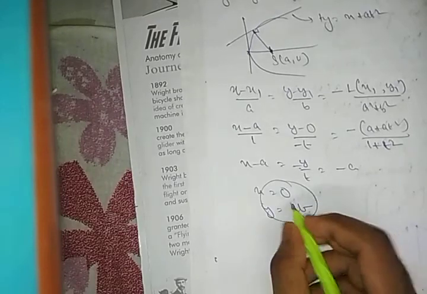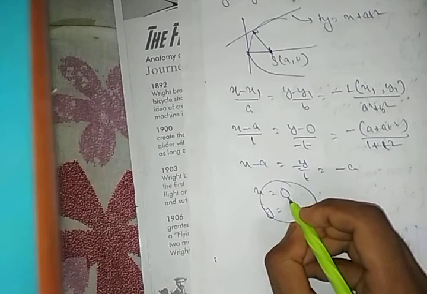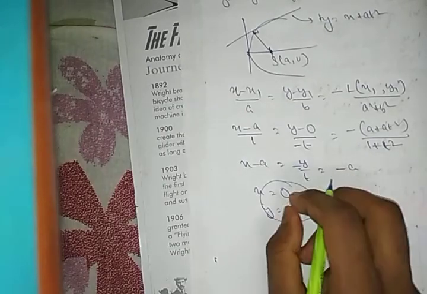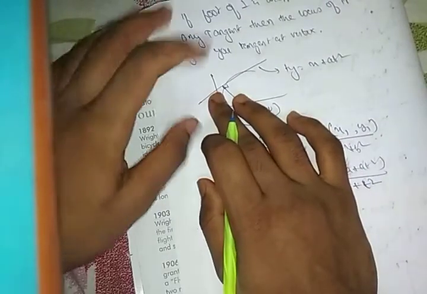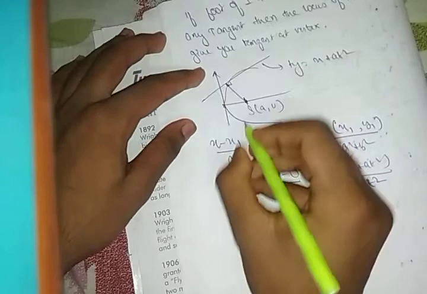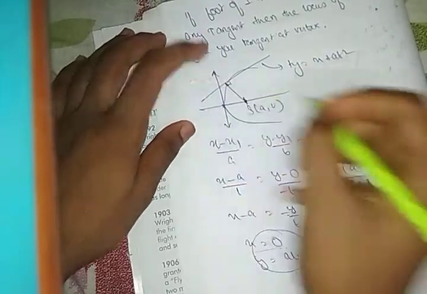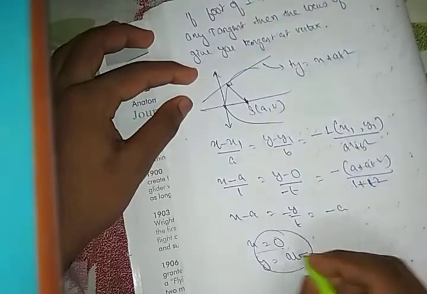So it's it. So what does it say? That the line, see here also again a similar thing happened, that the x coordinate became independent of t. What does that mean? You take anywhere the tangent, it will be independent of that point, and it will be x = 0. What is x = 0? x = 0 is obviously the y-axis in this case, that is the tangent at the vertex.